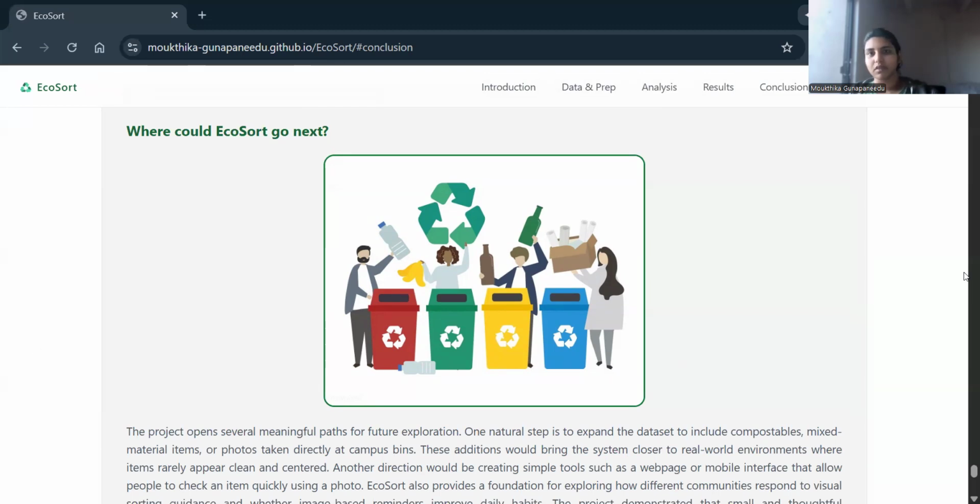So on a more personal note, I really enjoyed working on this project because it kind of helps improve the sustainability goals at a much more local and personal level. And yeah, if you'd like to explore the project more visually,